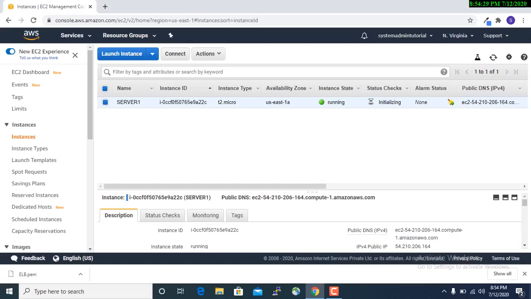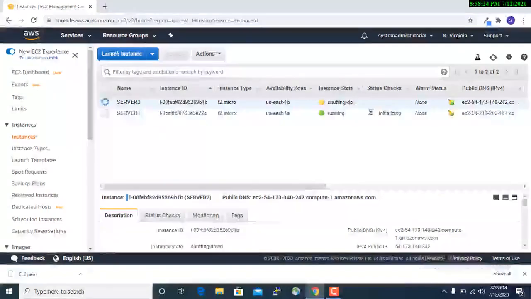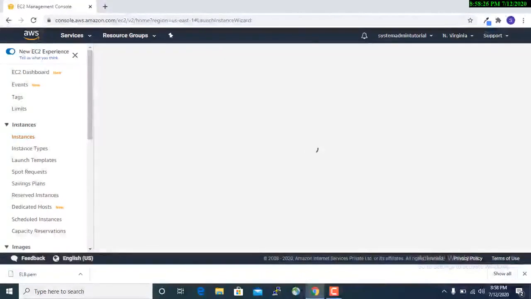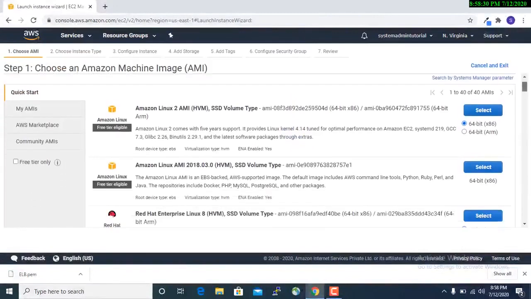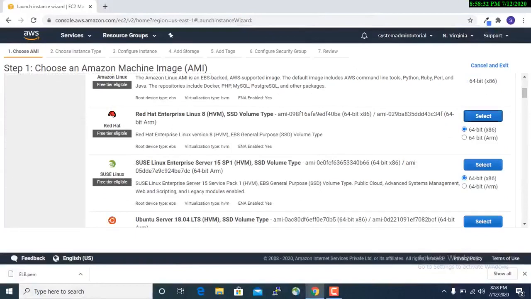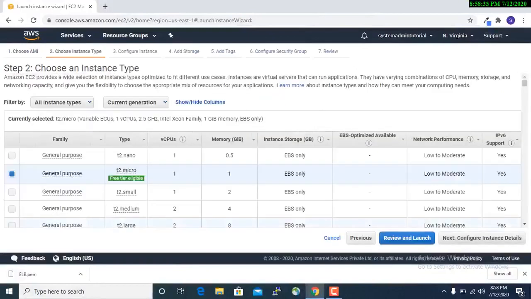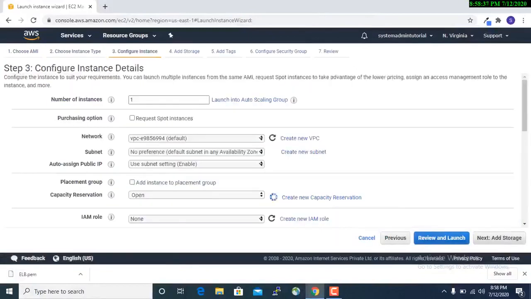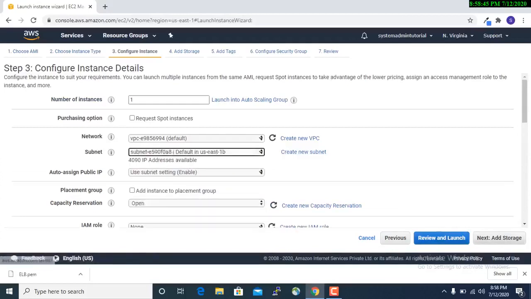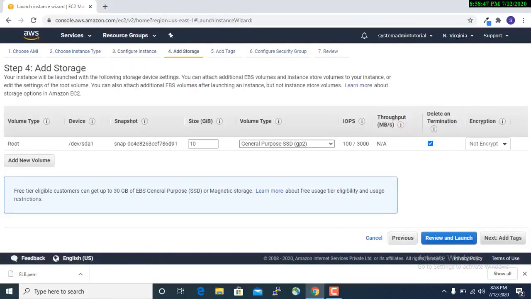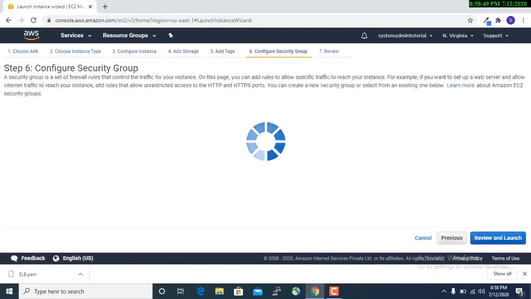One instance is in initializing state, so we have to create another instance. We have to create another instance to do the application elastic load balancer.